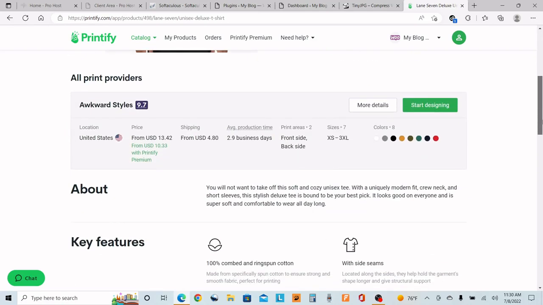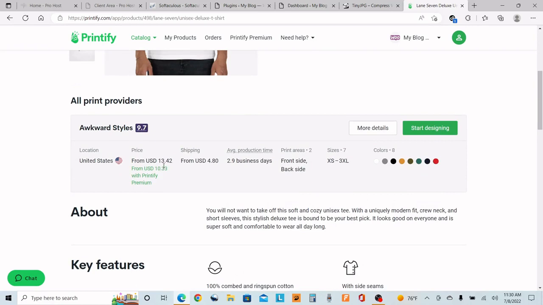And it is $13.42 plus $4.80 shipping. That's $18.42. We're going to start designing. And here's your color choices. I don't put too many color choices. I give them like 3 to 5. If you put them all, it's too many choices, and it bogs down your website because they give you 4 or 5 pics for each color, and it adds up quick. So I'm just going to offer like 2 to 3,